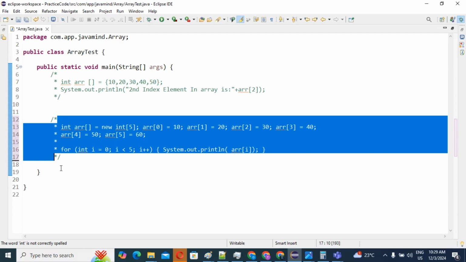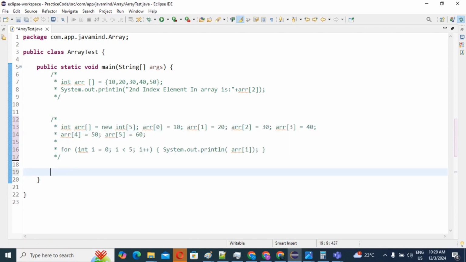Guys, now I will create a dynamic array. I will create a dynamic array at runtime. Whatever size we give, that many elements will print. In the interview room also, sometimes the interviewer may ask, hey, do you know how to create a dynamic array? Yes or no, guys? This question may come, guys. And also, for your knowledge sake,